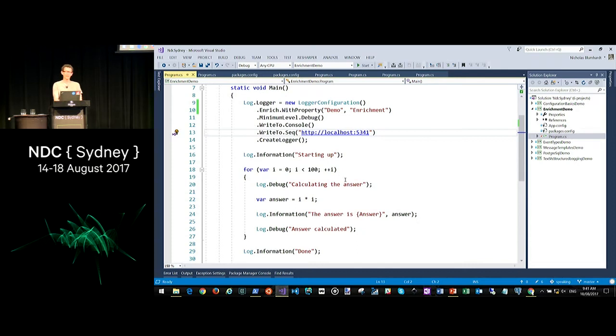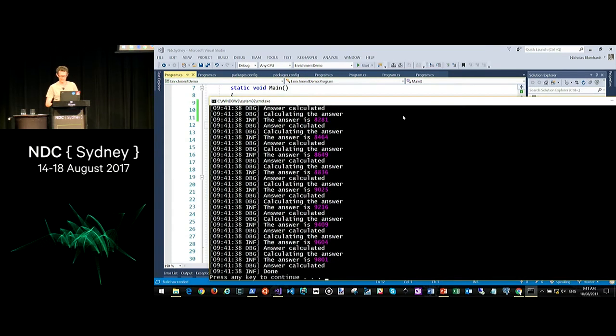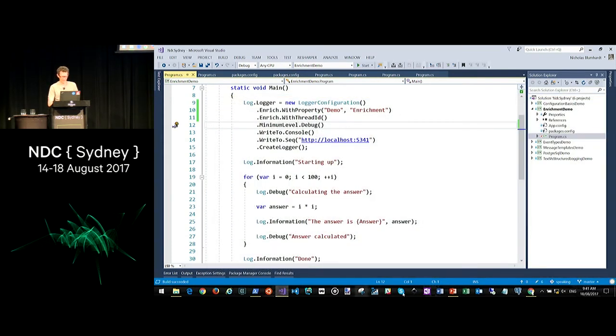It's more frequent that you'll have some kind of value that changes as the application runs. Typically, these start out with things that you'll be familiar with from using log4net or NLog, like you say enrich with thread ID. Being a console app, I hope there's nothing crazy going on here and we actually do get what I expect. In that case, it's going to be